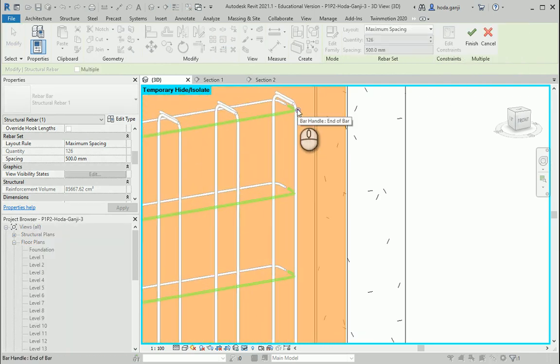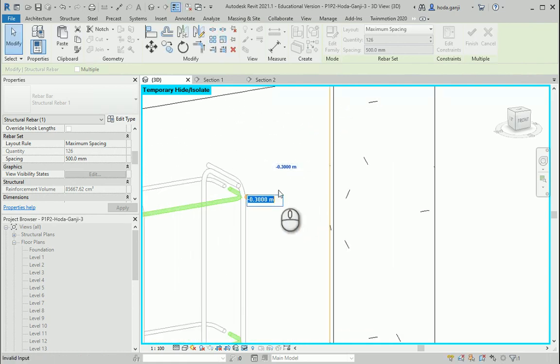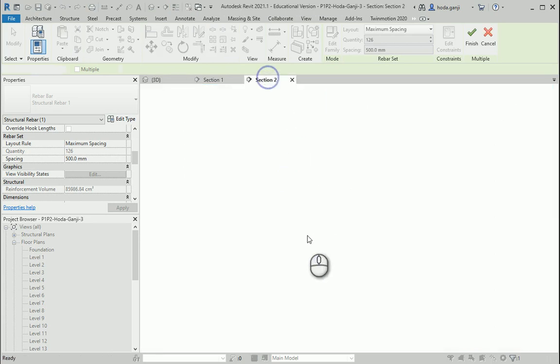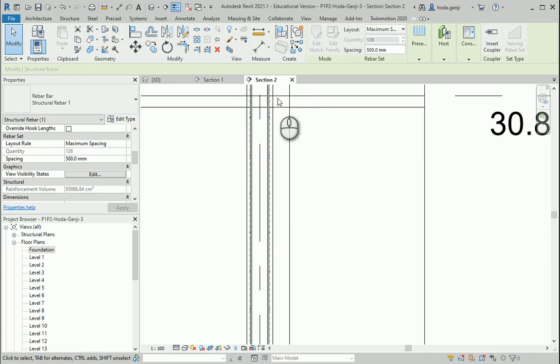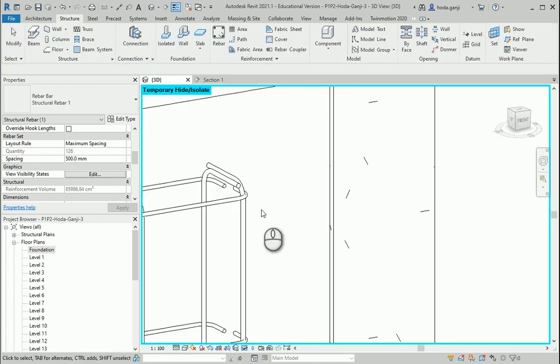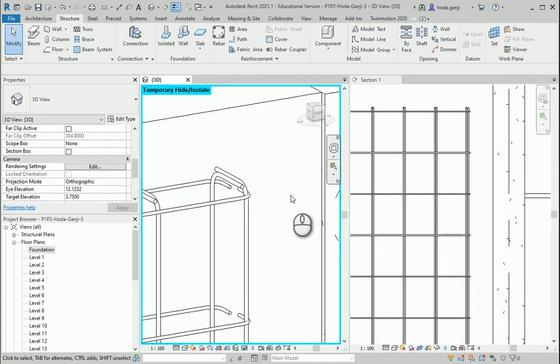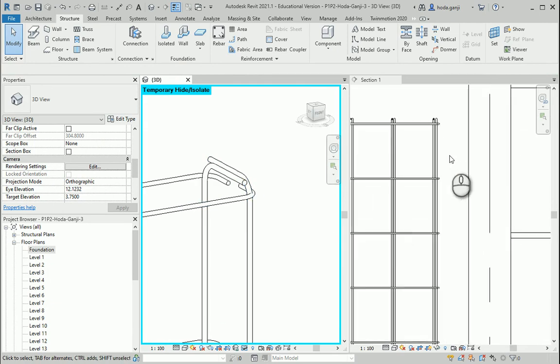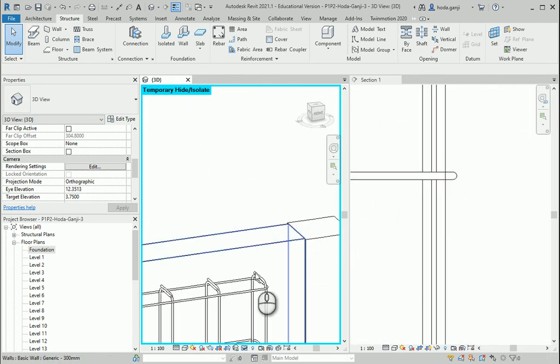I'm gonna click here. We had assigned negative 0.3. I want to assign negative 0.28. I can check it in my section 2, or actually my section 1. Let's go with WT. So that's the corner, and here you see it's working better. Yeah, this seems about right.